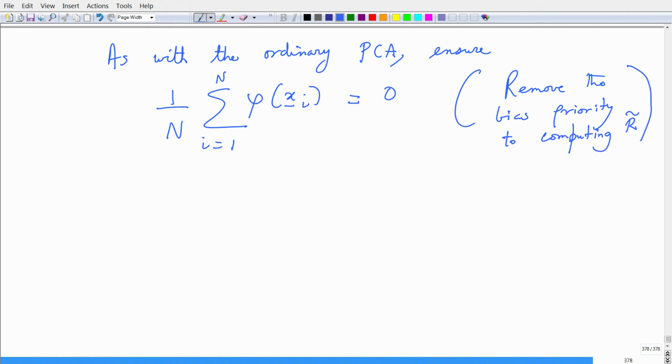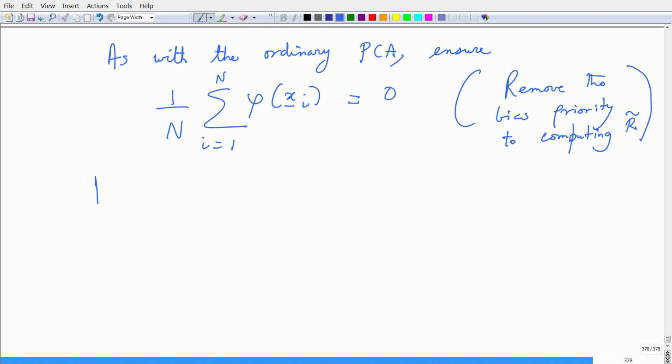So, I have to compute my correlation matrix in the feature space. What I have to do is set the bias to 0, and if the bias is not 0, I compute the bias, take the feature vectors, subtract that bias, and on that I compute the correlation matrix. Once this is set up, we can formulate an optimization problem. I will not discuss the details of the optimization problem, because that is dealt with in the video slides in the mathematical methods and techniques for signal processing course.